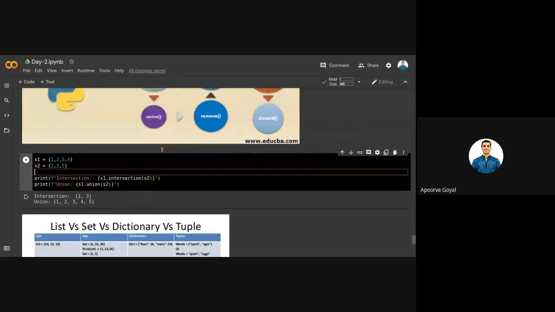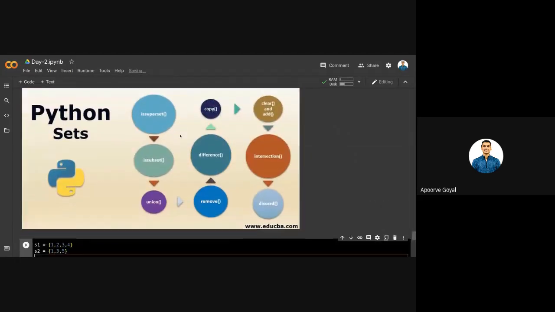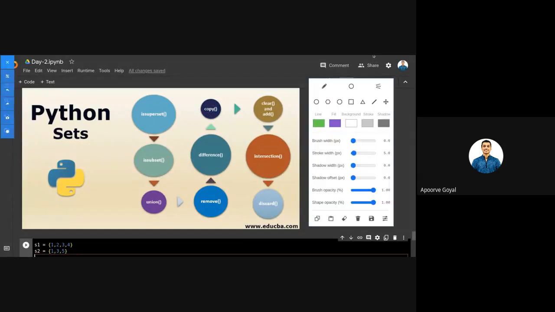There are other functions such as copy, which works the same way as in dictionary. Difference returns the difference between two sets. Let us find some blank space here.